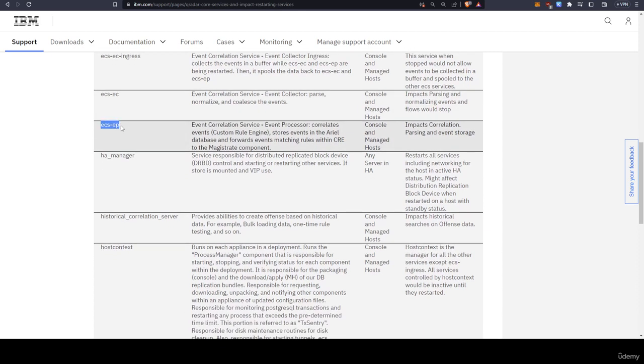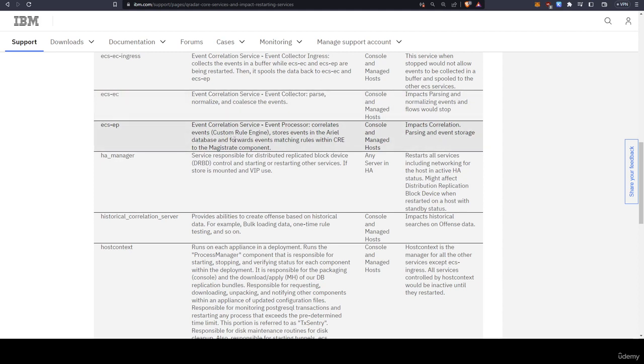And the next one is ECS EP, which is the event processor service. This correlates events from the custom rule engine, stores event in the Ariel database, and forwards event matching rules within CRE to the magistrate component. So the magistrate component is basically our user interface. So the ECS EP gets the logs from the ECS EC.